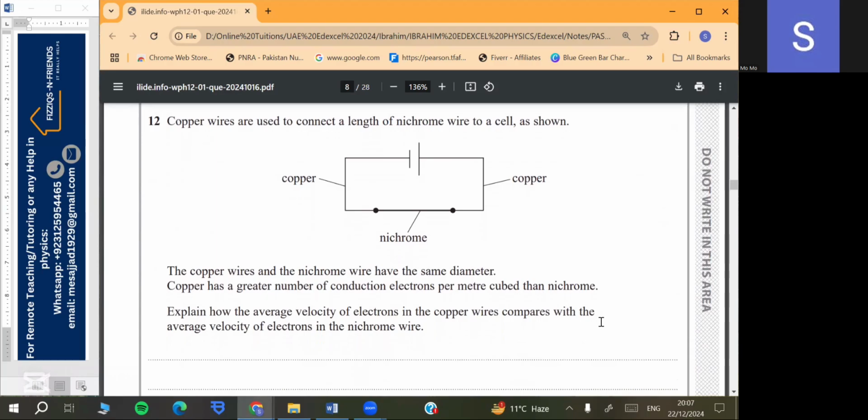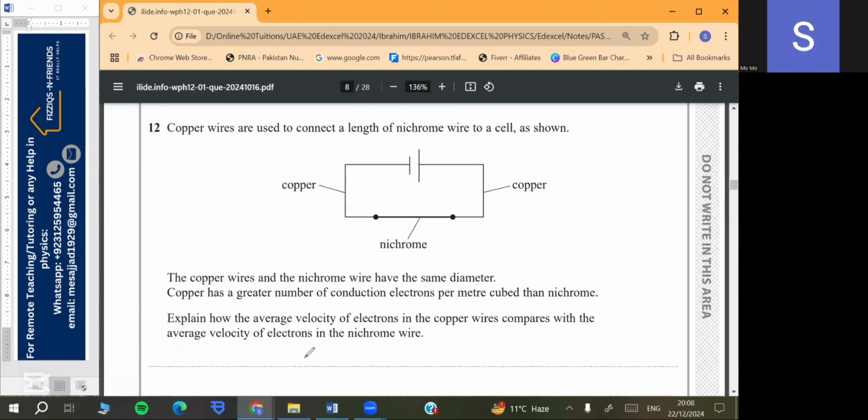Question number 12. Copper wires are used to connect a length of nichrome wire to a cell as shown. The copper wires and the nichrome wire have the same diameter. Copper has a greater number of conduction electrons per meter cubed than nichrome. Explain how the average velocity of electrons in the copper wire compares with the average velocity of electrons in the nichrome. For this question, you need to know the formula for drift velocity, or the average velocity of